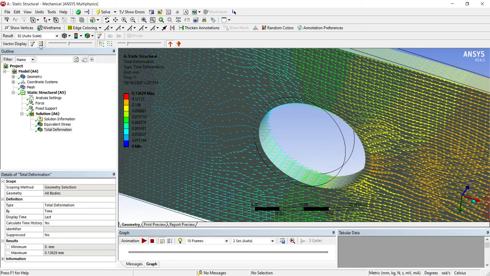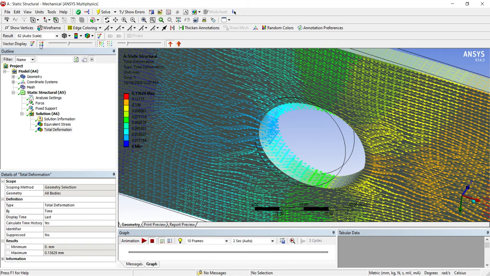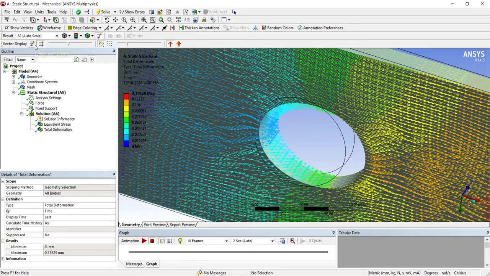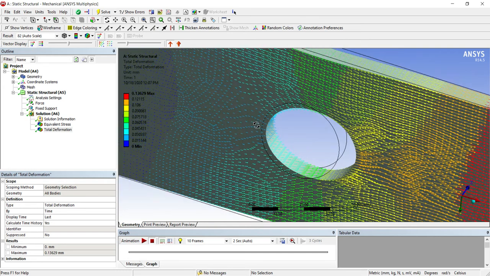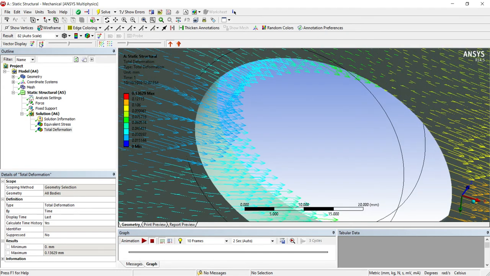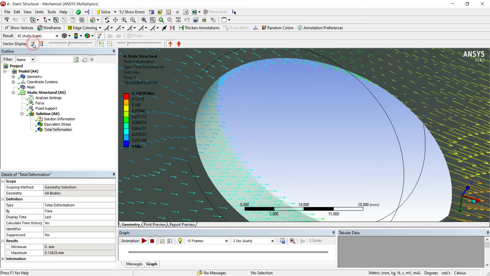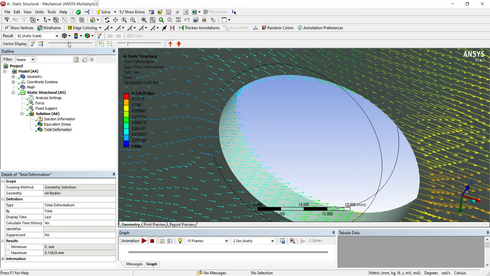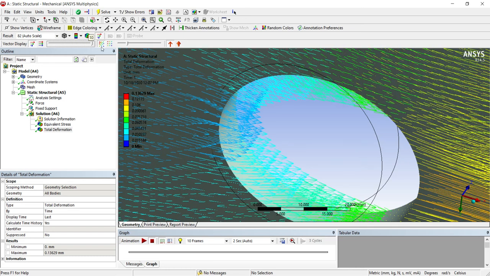And if I use this uniform vectors, it will be like this. Uniform vector and these two, you can see the difference here, how they work, the directions and the symbols. Next, you can increase and reduce the sizes of them however you want.